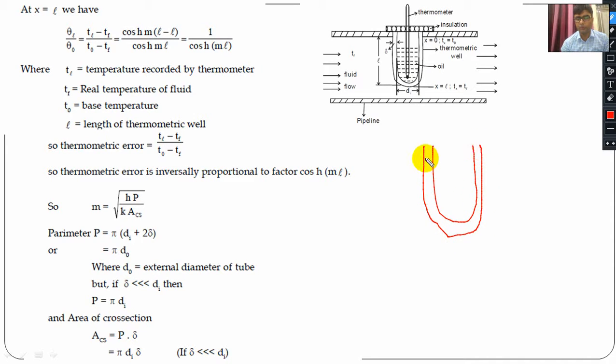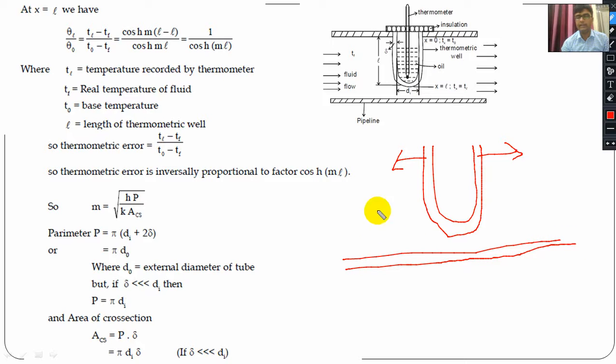Now if you open this, just open this like so, it is converted like this. Clear? And the heat transfer is taking place in that direction. This is the rate of heat transfer. Clear? In that direction. This is the direction. So if you open this, it is converted into a simple plate, and here the rate of heat transfer is in